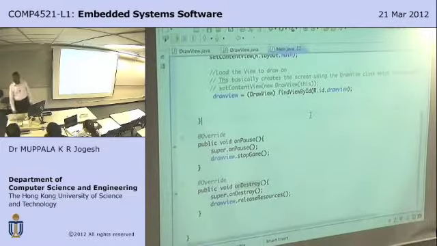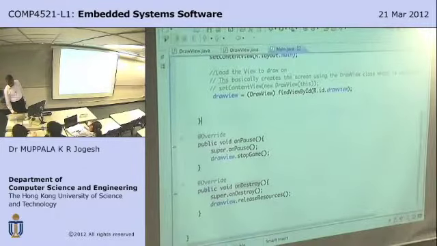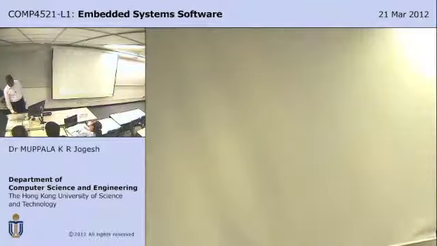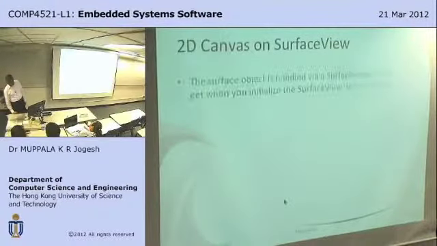Now, the last one left over in this particular case is three-dimensional graphics. In 3D graphics, Android makes use of